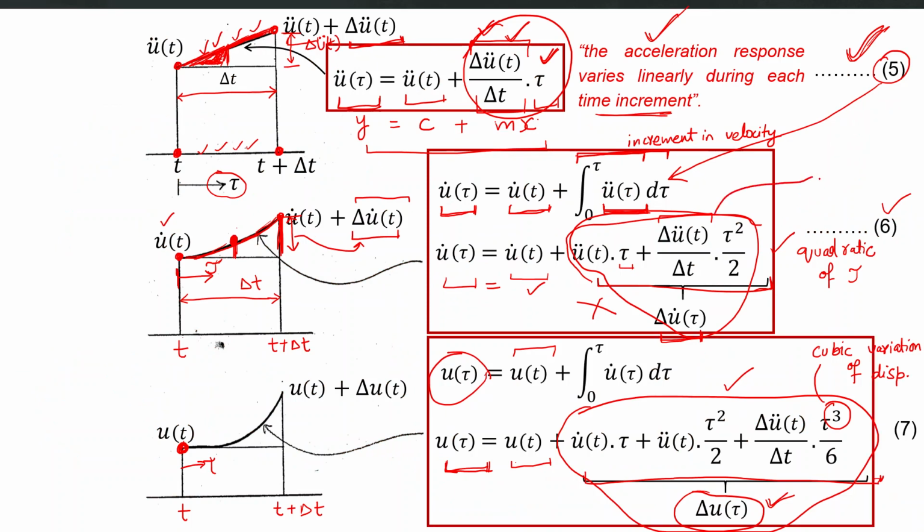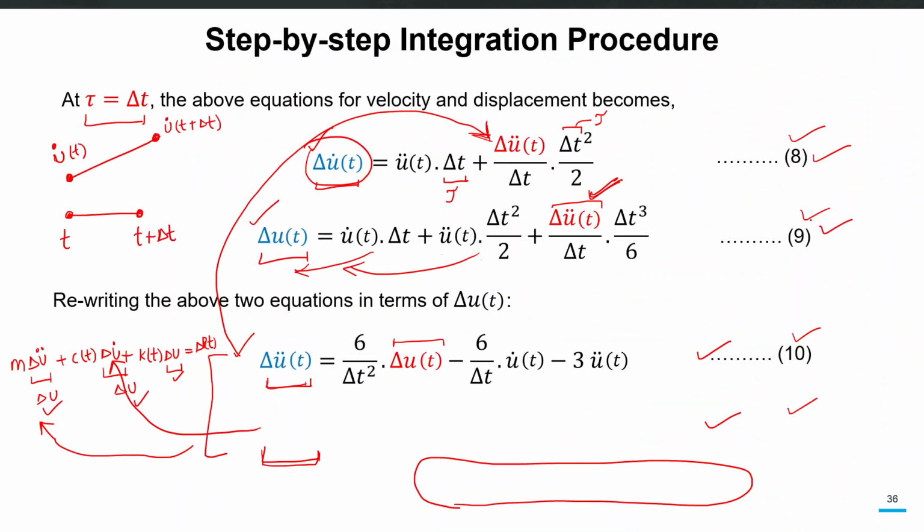So this is basically equation 8, and this whole circle is basically equation 9. But we have changed one thing in these two equations, that we have replaced tau with delta t. Which means we are not talking about any instantaneous point between t and delta t, we are directly talking about this final point. So if we are given the values at the initial point, we should be able to get the values at this final point. So we have replaced tau with delta t in equations 8 and 9 to get these final equations 8 and 9, and then we have rearranged them into equations 10 and 11.